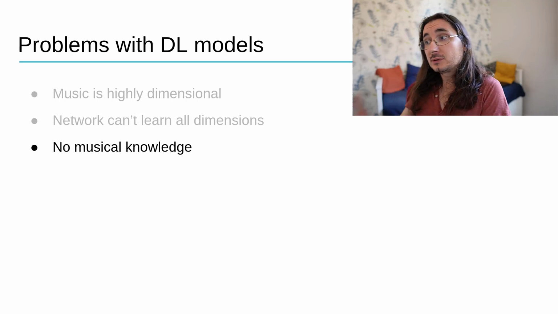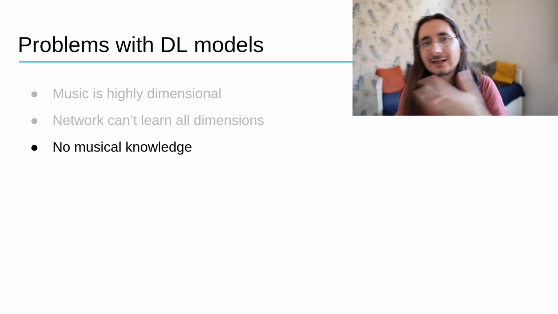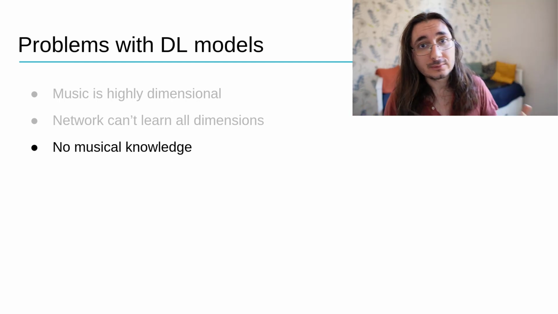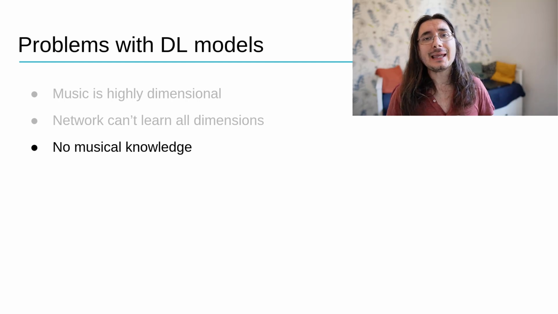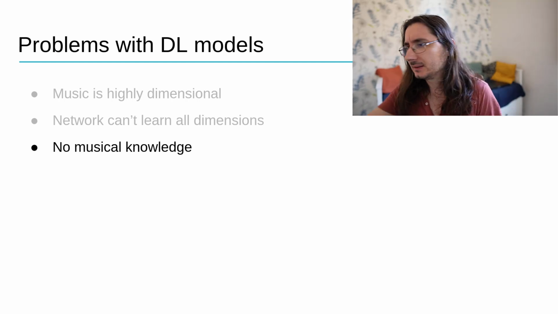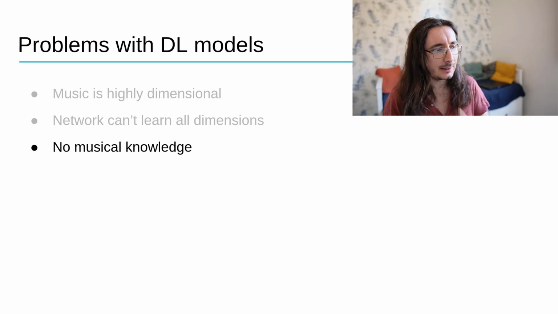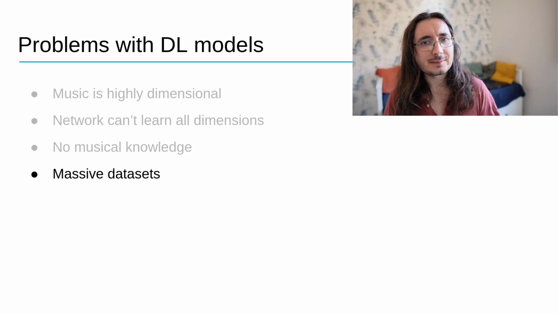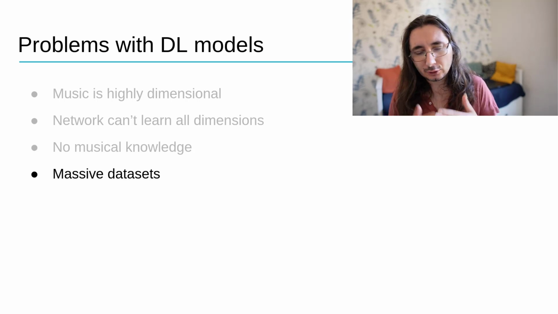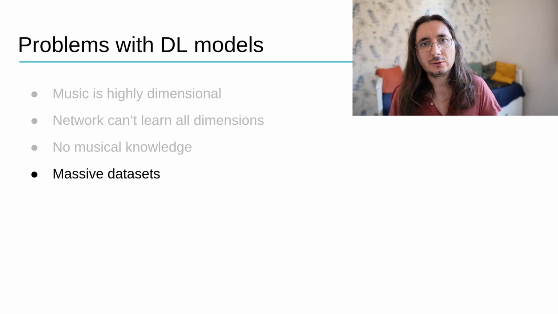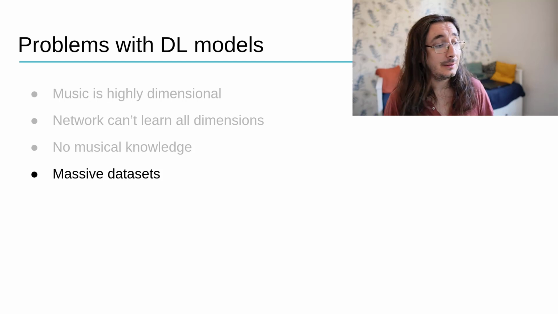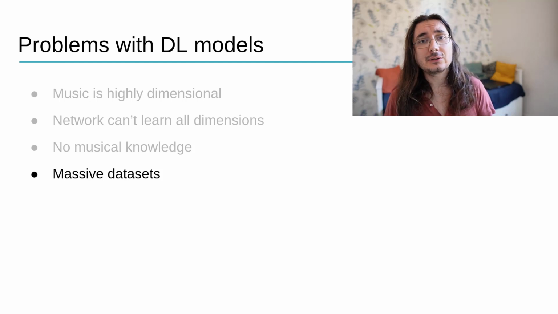So it's going to be way more difficult for a neural network to extract that information from scratch, rather than having another model that already knows a little bit about different musical aspects, like say key, harmony, tempo, this kind of stuff. Another issue that we have with deep learning models is that they use massive data sets. You need to have a lot of data in order for these models to create these abstractions and learn from data. And what this also entails is that you need to have a lot of computation, GPU computation, to